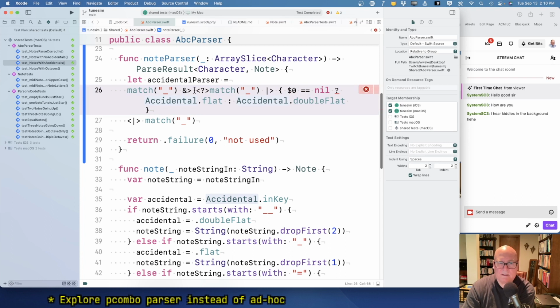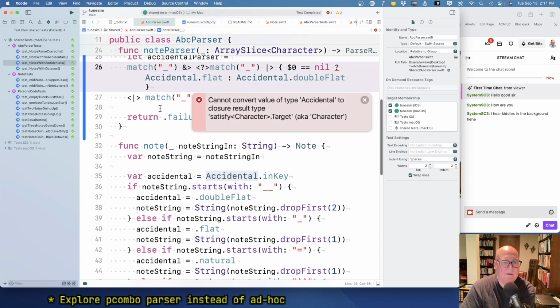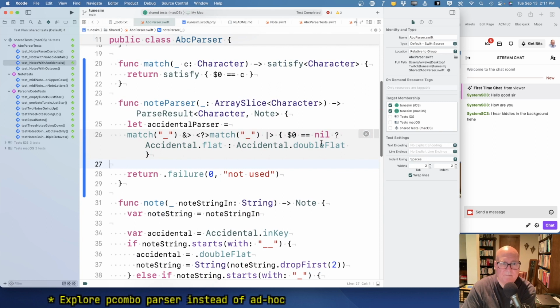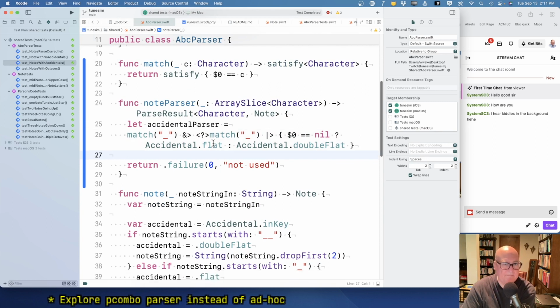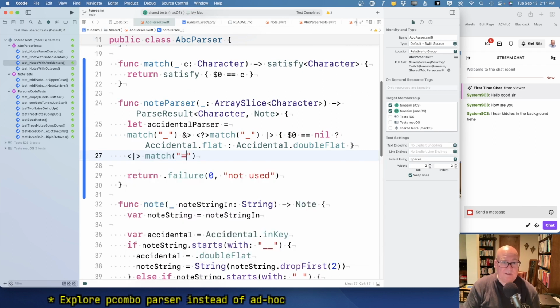We're throwing away this side, and we're just checking this side. Type of character. Let's take this off for a moment. Okay. Yeah. Or if we match an equals,